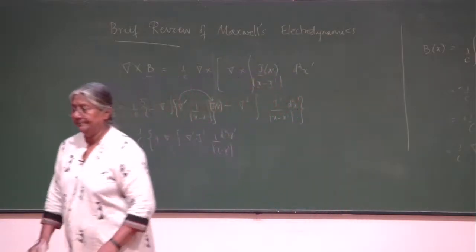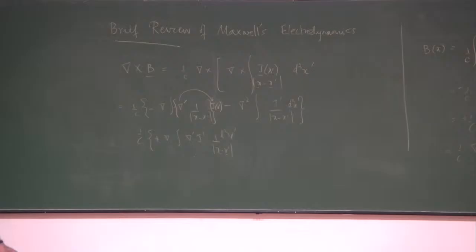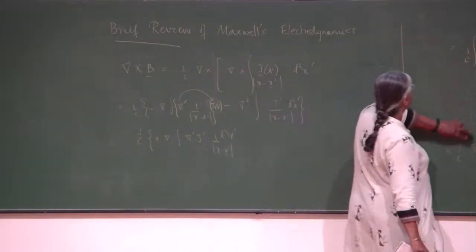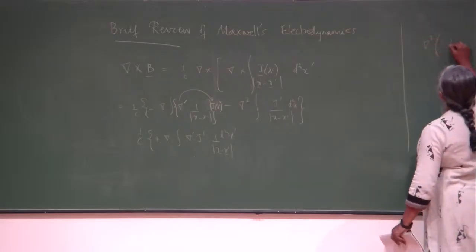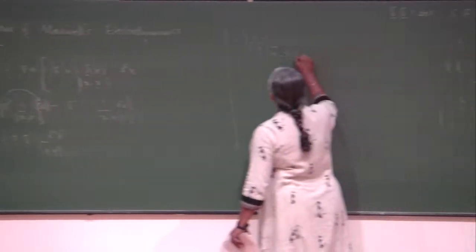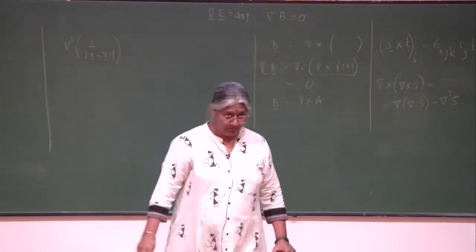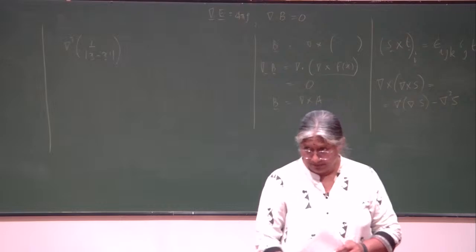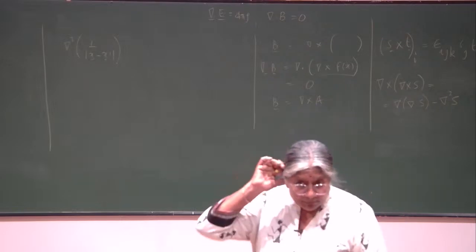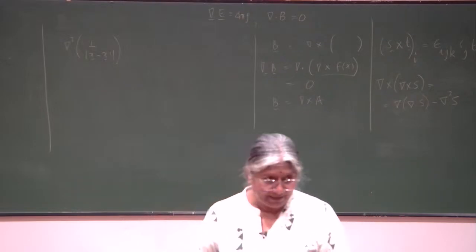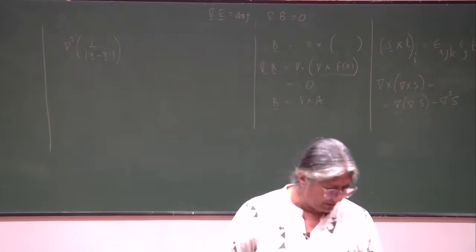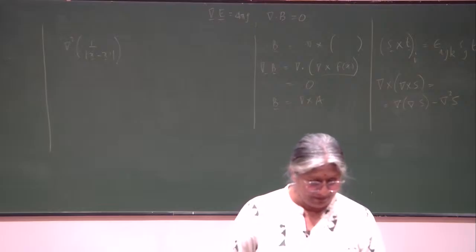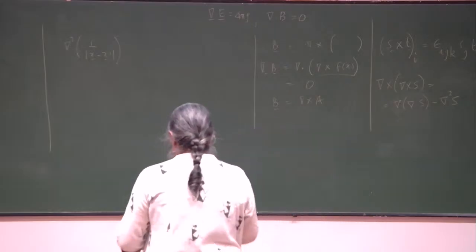Write it here. What is del squared of 1 by mod of x minus x prime? Has anyone seen this before? Huh? Yes, it is the Dirac delta function, right? No one has seen this before. How did you do this calculation in the class? Okay, fine. If everyone is looking blank, so